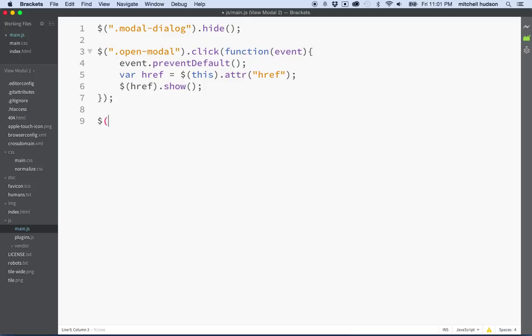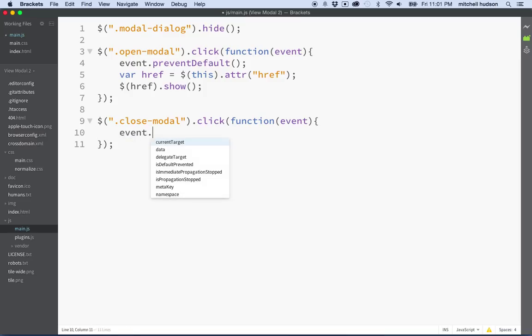And then we'll add a click action to the close button, right? And if we made more than one dialog box, then it could just have the same name, and we could close that one too. And we'll add the event object here, and again we'll prevent the default behavior from that link. And now we want to close the dialog box, and there's a couple ways we can do this. We'll just do it simple here, so we can just say